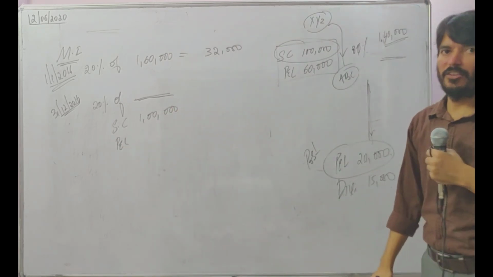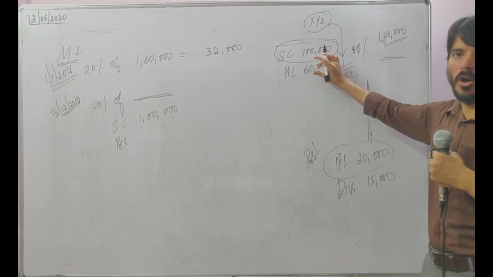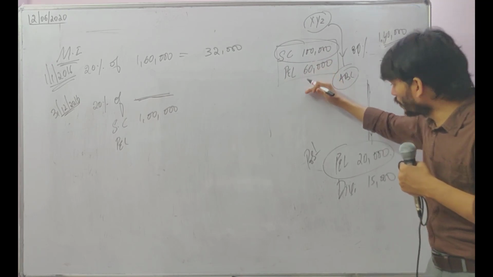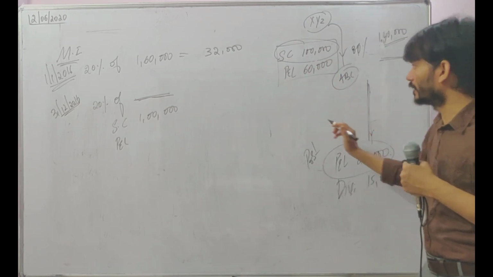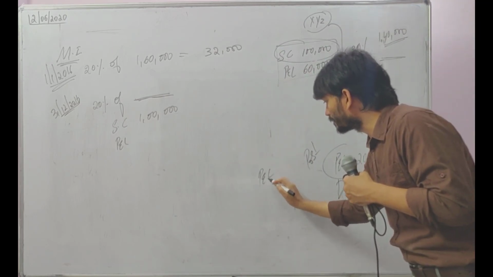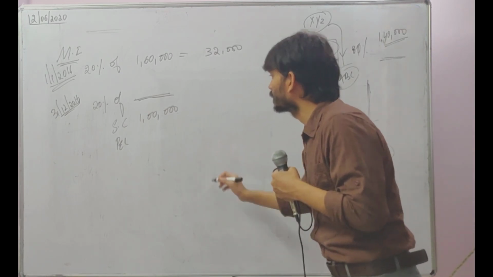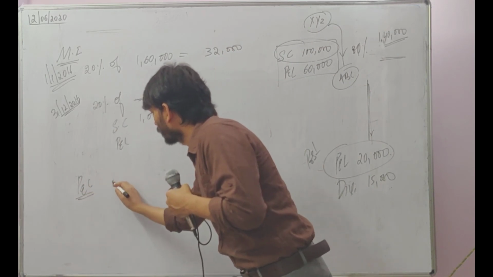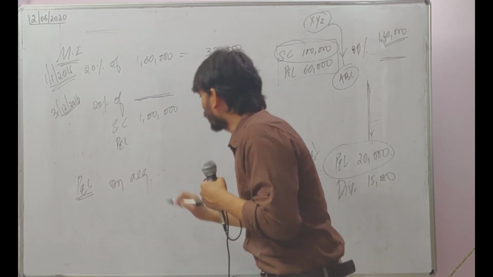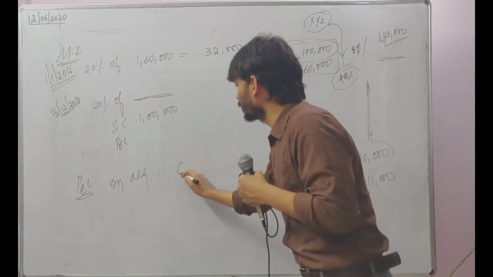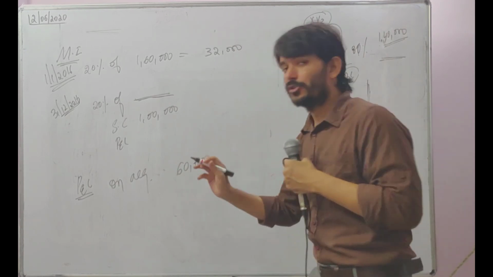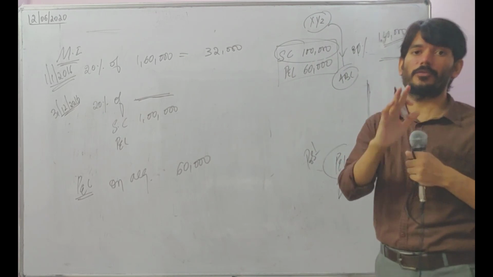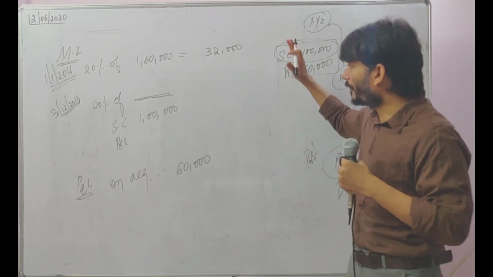P&L. What is the value of P&L? This is the P&L on the date of acquisition. On the date of acquisition, there is a 60,000 profit. During the period, they got a profit of 20,000. So P&L will look like this. I'll write it here. On acquisition, the profit is 60,000. It is not a formula. Don't think it's a formula. He's teaching some formula, I'll make a note of it. Nothing like a formula. Try to understand the logic of it. On the date of acquisition.